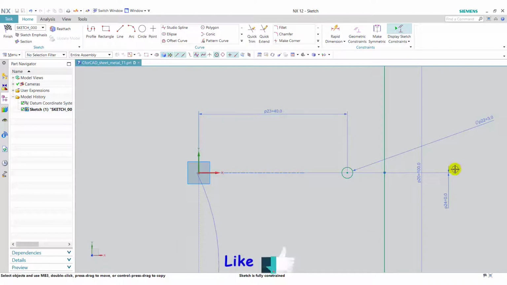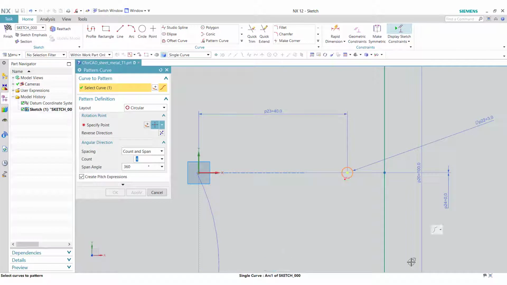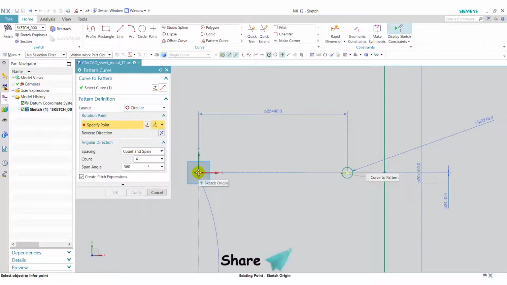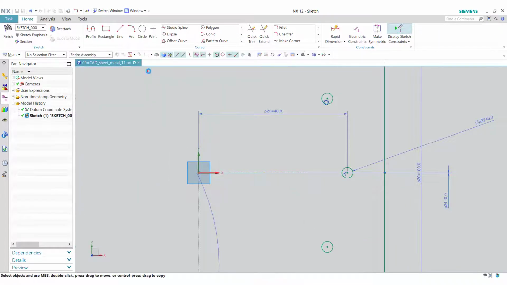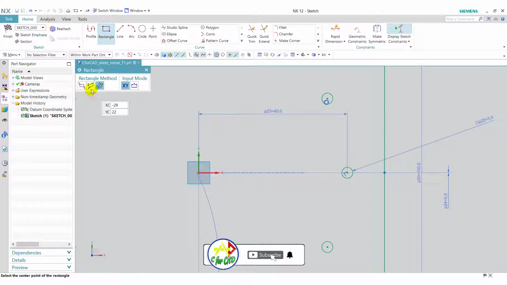Now close this. Now go to pattern curve. Select this circle. Here select circular pattern and specify the origin. Enter here 12 and span angle 360. Click on OK.